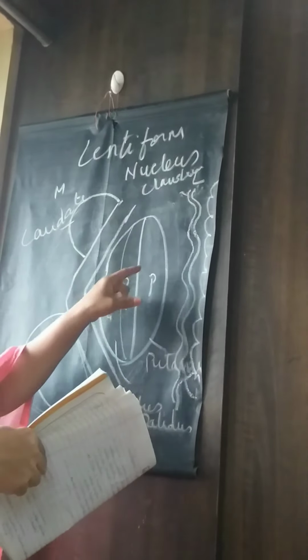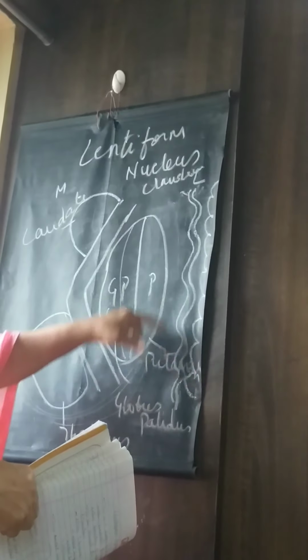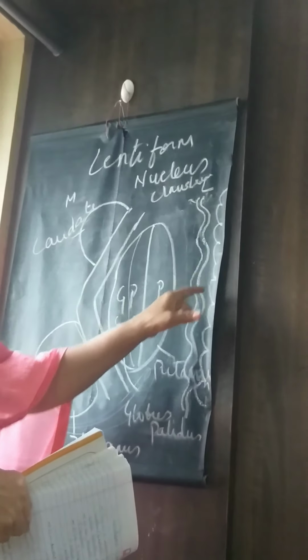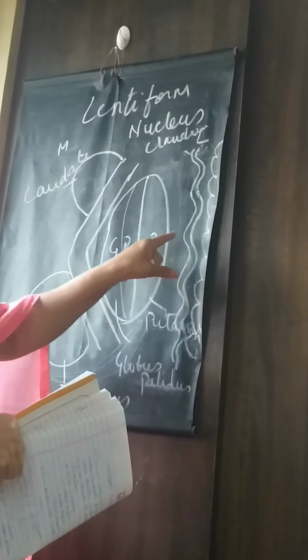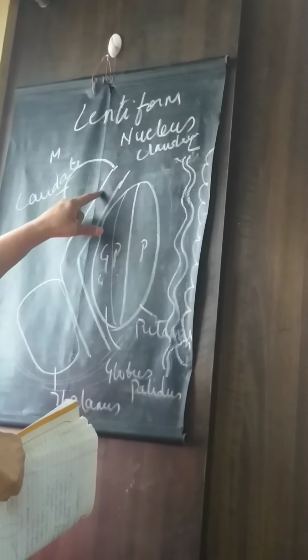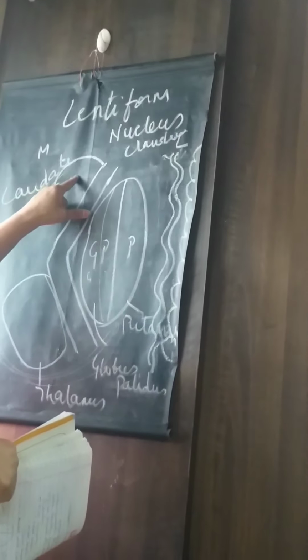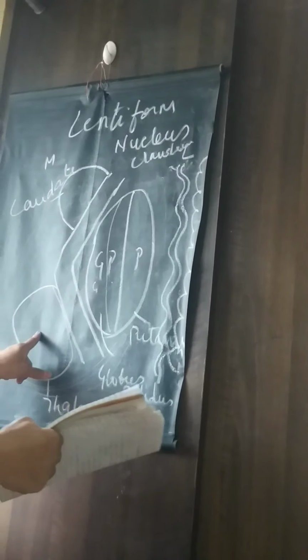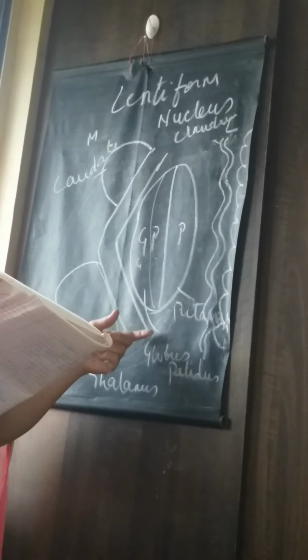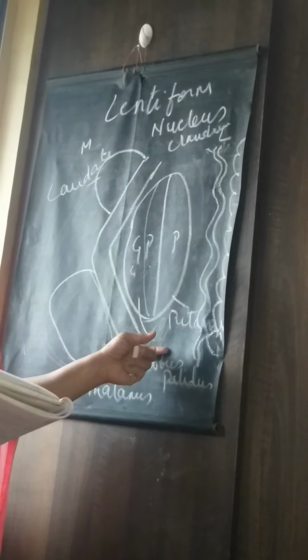On the lateral side, the lentiform nucleus is related to the external capsule, the claustrum, and the insula. Along the medial part, it is related to the internal capsule, the head of the caudate nucleus, and the thalamus. Inferiorly, it is related to the sublentiform part of the internal capsule and the tail of the caudate nucleus.